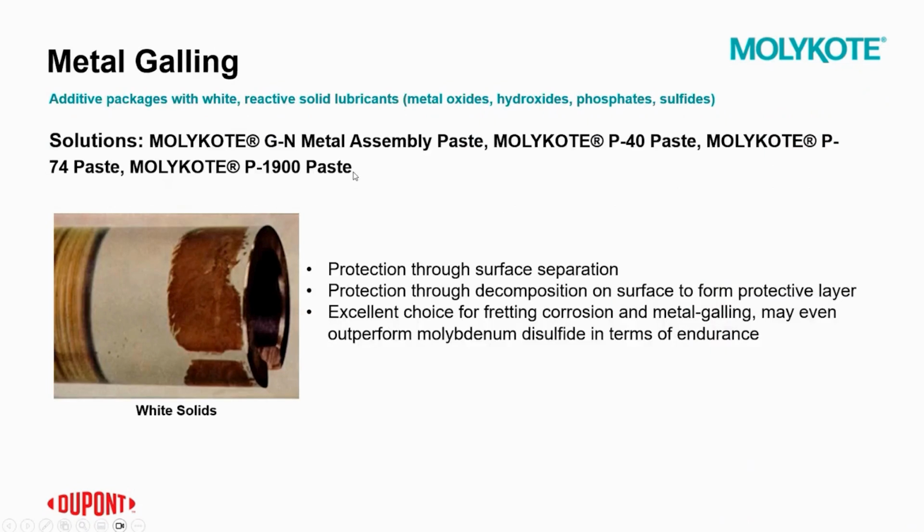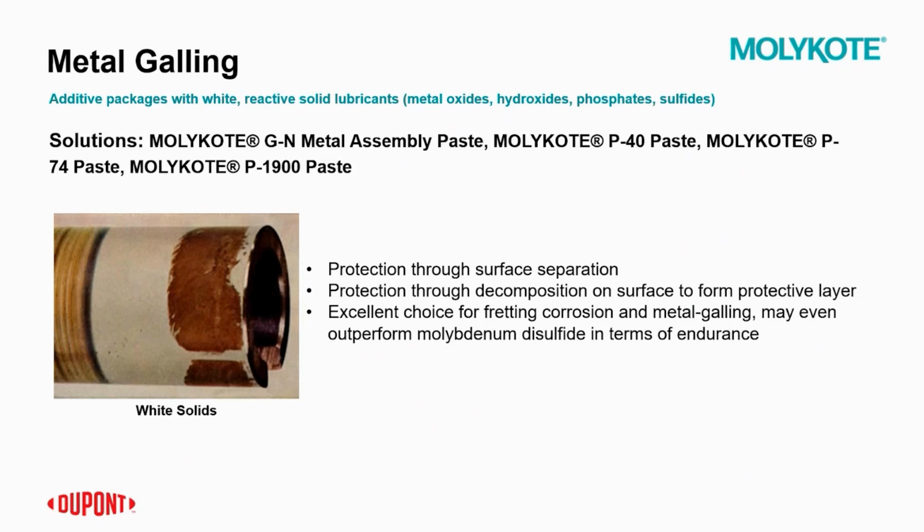And then lastly, metal galling. Metal galling, sometimes referred to as just galling, is a form of wear that's caused by adhesion of two sliding metal surfaces. Metal galling occurs when there's a transfer of material between two surfaces, which leads to significant damage and failure of components. By employing proper lubrication, you could decrease the occurrence of galling by reducing friction. And proper lubrication is essential in managing metal galling because